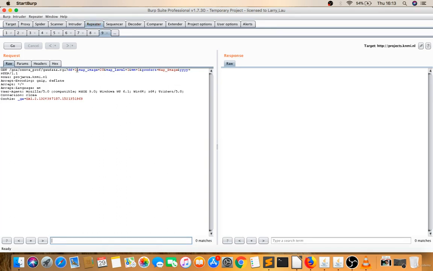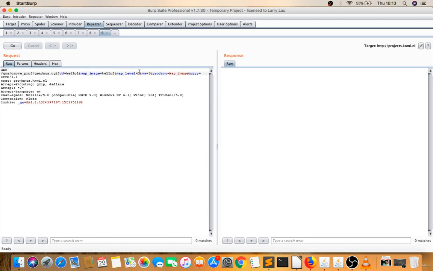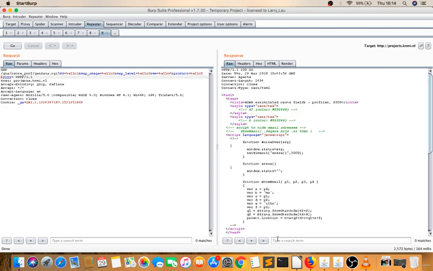So I'll give them one by one. I'll give here hello 1, hello 2, hello 3, because you don't know which one is vulnerable. That's why I'm giving the values like this, hello 5. Let's click on go.